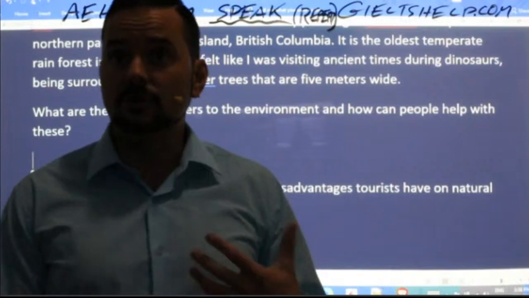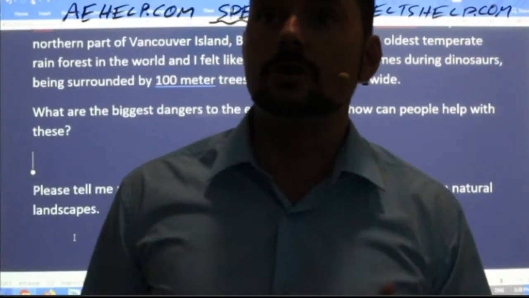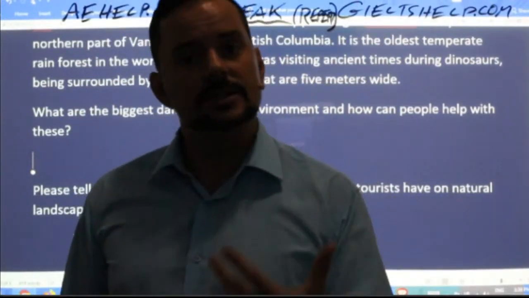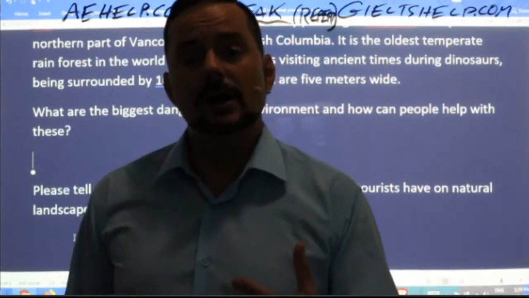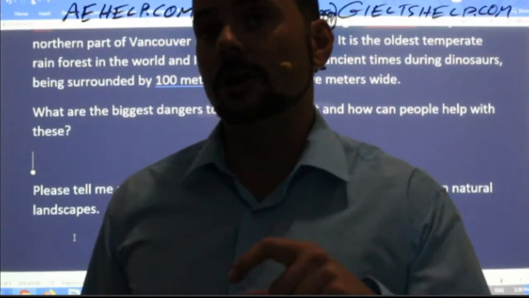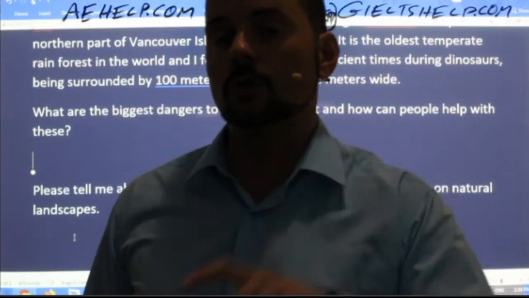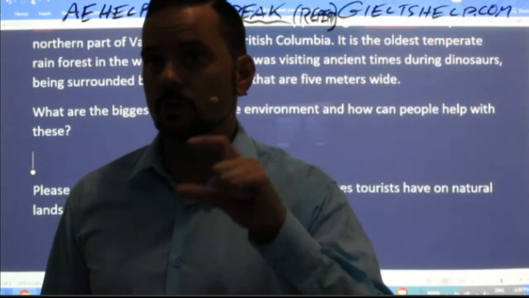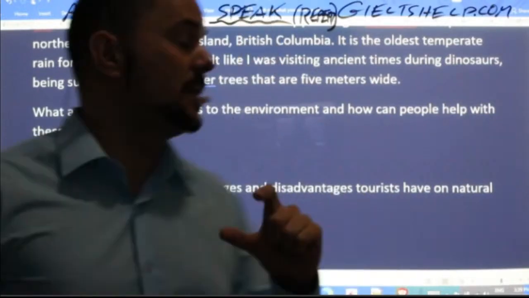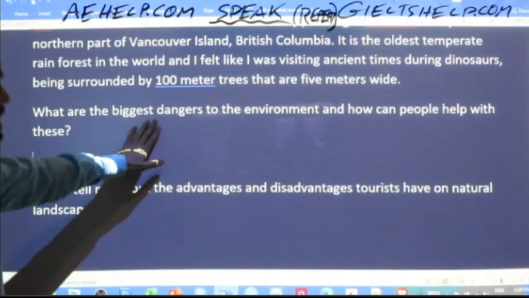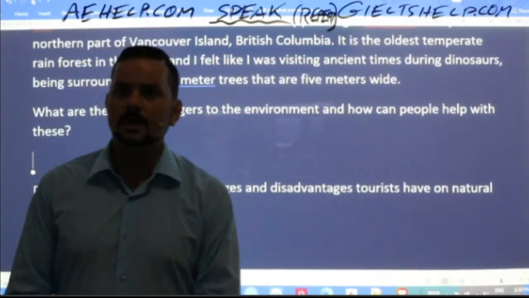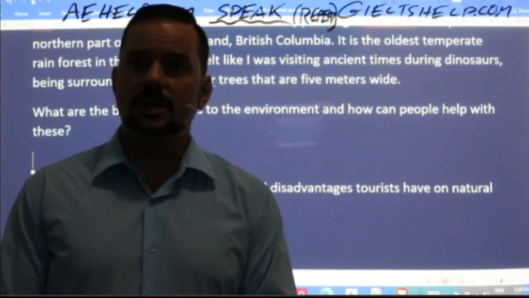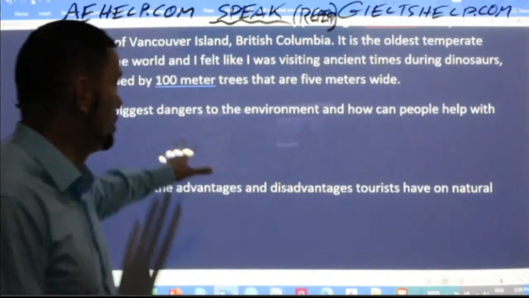It sounds like you have good English, Anuj Garg. Absolutely. From your writing, I can tell you do. However, you still won't get a high mark because you'll get a low score on your coherence. And coherence score is the most important score. You have to answer the question, what are the biggest dangers to the environment? Okay. One way to do this, to make sure that you answer correctly, is use a part of the question.